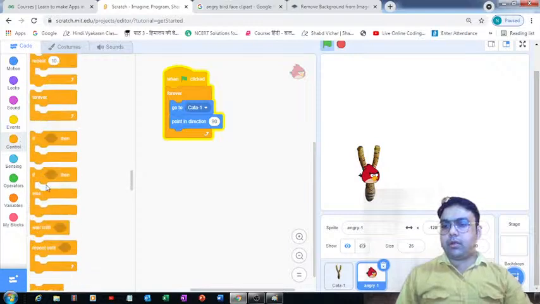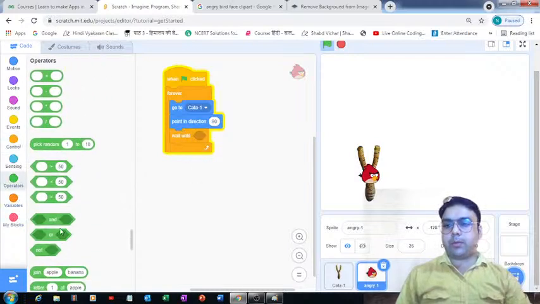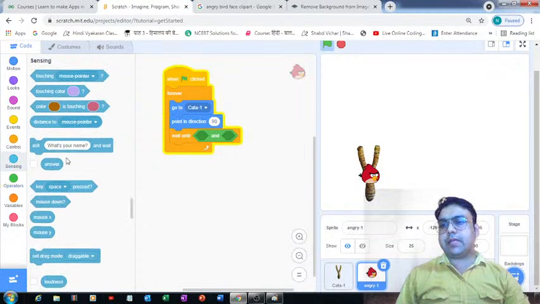Now once it reaches here, I would like it to wait for, where is that wait block? This is the one. Let me put it over here. So wait until, and we can come on this operator section, and let's make use of this AND operator. So wait until the mouse pointer, where can I find the mouse pointer? That touching mouse pointer. So we need to come on this sensing.